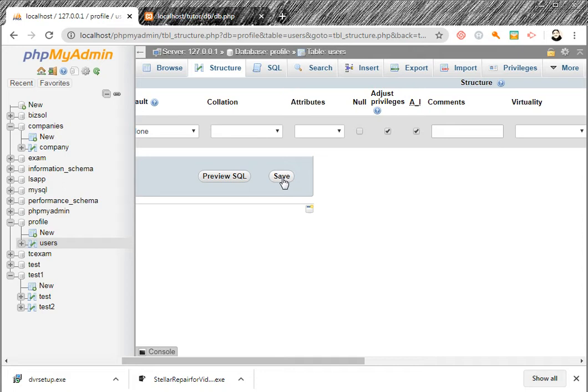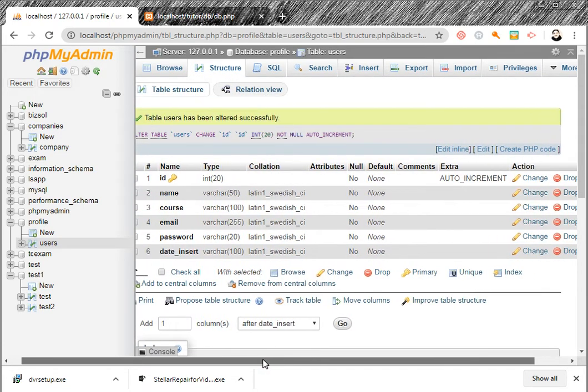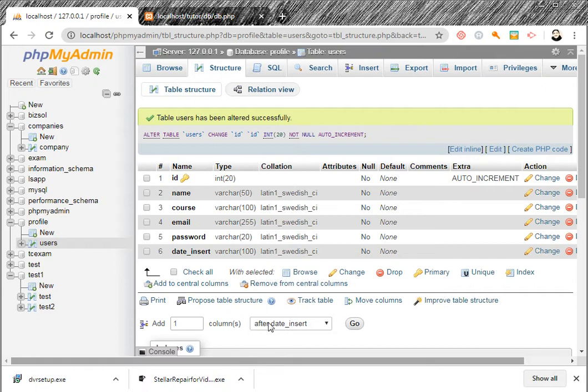The next record will automatically be saved with auto increment. Extra is auto increment. We can use email as a primary key.